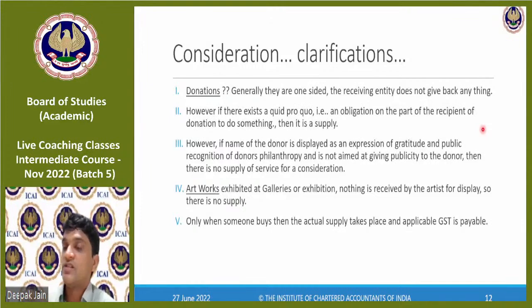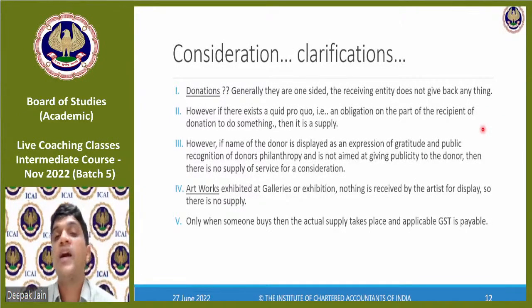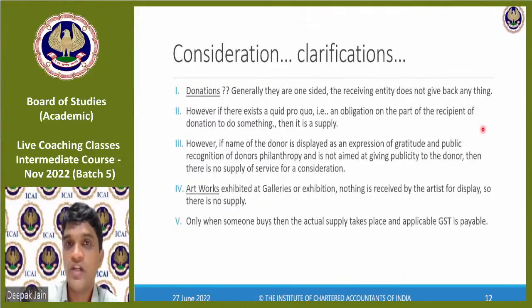So when I give a donation with the expectation, I give an agreement saying that I'll give you this donation, you have to publicize my name. You have to use my name everywhere. There were some donations which were given like that, which is why the circular came, saying that donations are being given with mention of a name everywhere. So it becomes a marketing service, right? You're expecting something in return. You're getting a quid pro quo for the donation. Then it will be treated as a supply transaction. So in that case, what happens? The person who is receiving the donation, he's a receiver, right? But who is supplying? I'm giving the money and he is giving something to me.